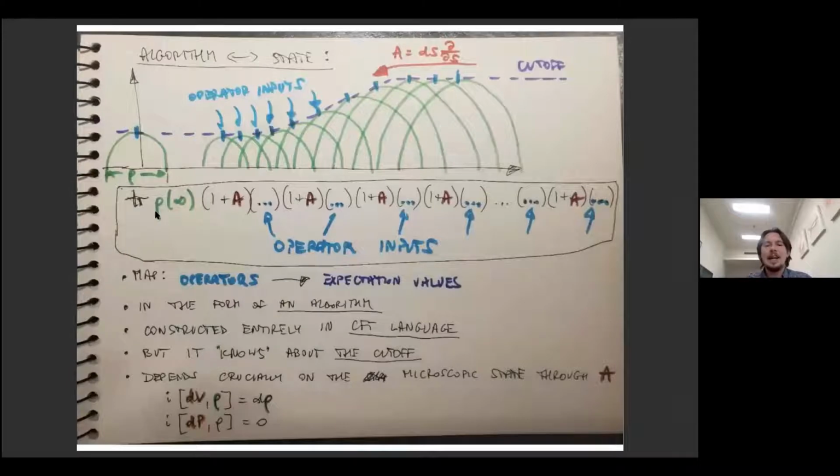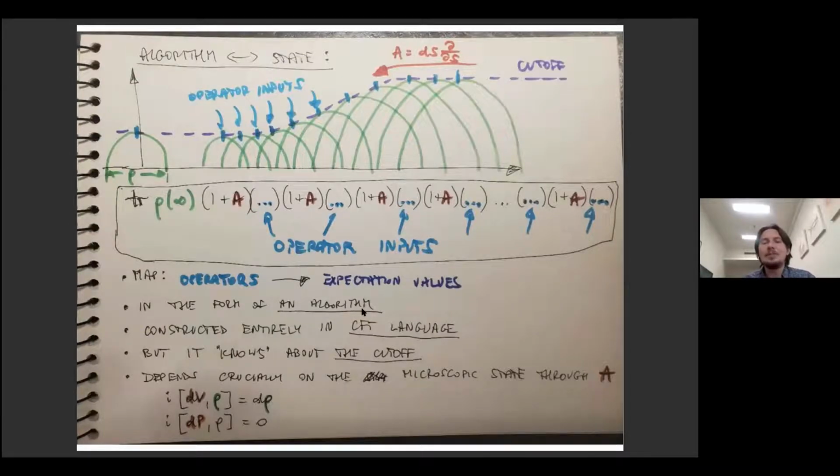I have a density matrix for one little region whose entanglement wedge would be tangent to the cutoff surface, and then I will just do a sequence of translations, reading an input, translations and reading an input. These blue dots that I left here are the places where the state is waiting or looking to absorb an input. Once you put an input there, you can meaningfully form a trace and you'll get a number. That number is the expectation value for the operators you have put in. So this really is the state at the cutoff.